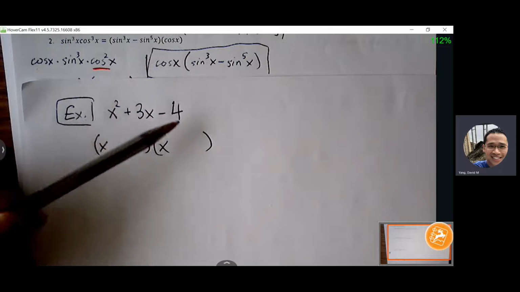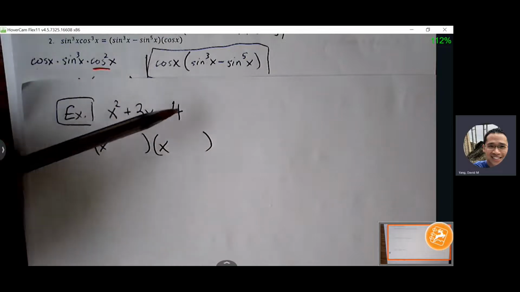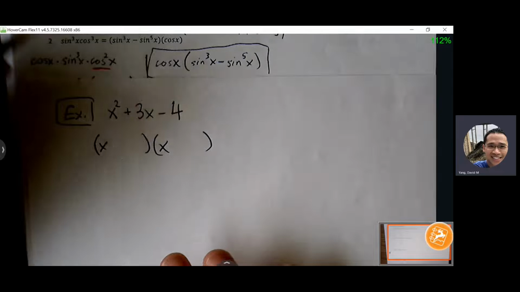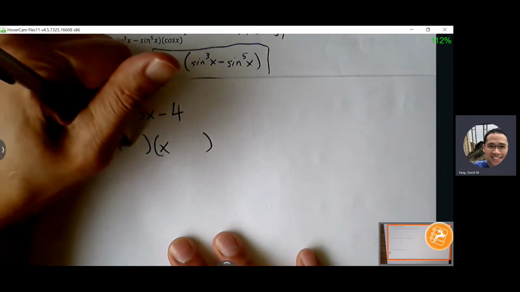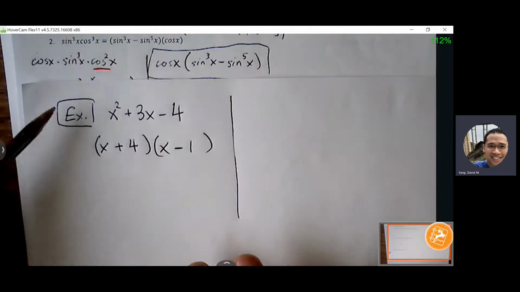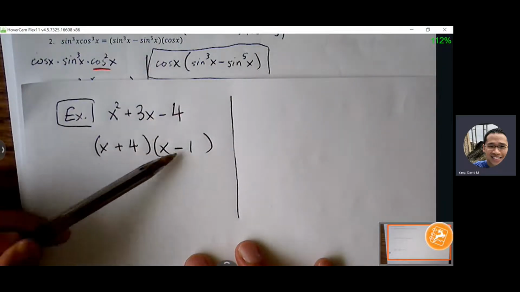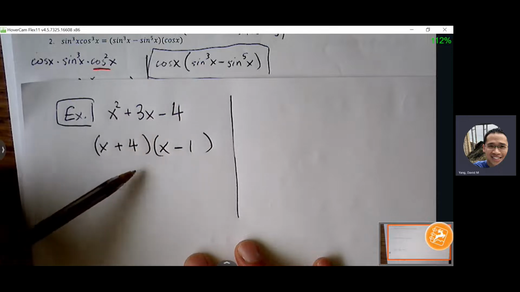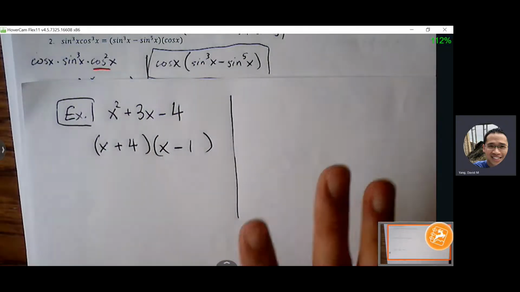Well, there's no GCF, but we can go straight into factoring in the sense that we ask ourselves what multiplies to be -4 and adds up to be 3. Okay, so +4 and -1. Okay, easy factoring problem, right? Multiplies to be -4, adds up to be 3. Let's double check. 4x minus 1x is 3x. Okay, now